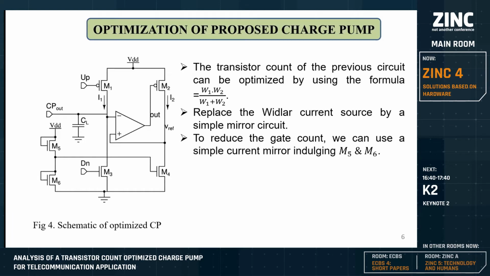So here is the design of our proposed charge pump. In the present work, this charge pump has been designed incorporating an op-amp, that is an operational amplifier, having moderate gain, a 52 dB gain op-amp, which is used to increase stability, lower current mismatch, and provide high output swing. Transistors M1 and M3 are connected to the up and down signals respectively. A load capacitor of 500 femtofarad is connected at the output.